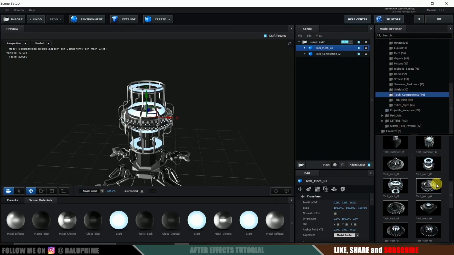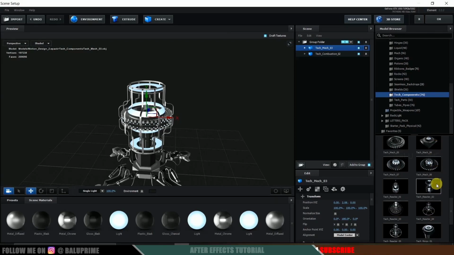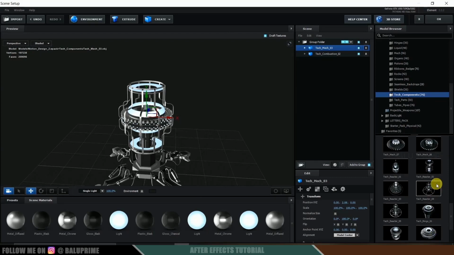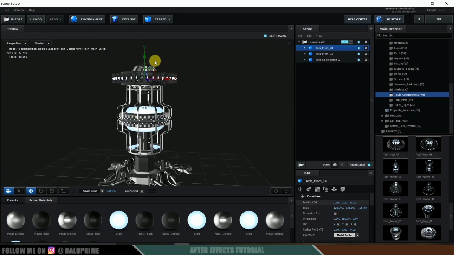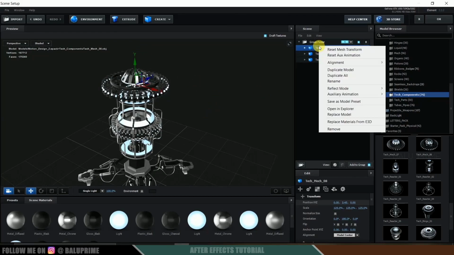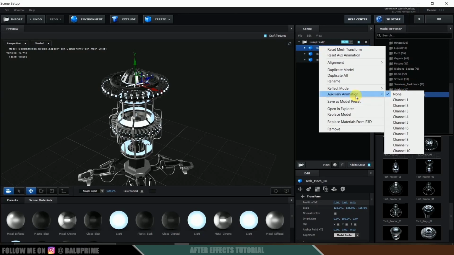Now scroll down. Let me select this one. Now bring it up here. Let me increase the scaling of this. I think this would be fine. Now let me place it at this position. Very nice. Now again let me change this to channel 2.